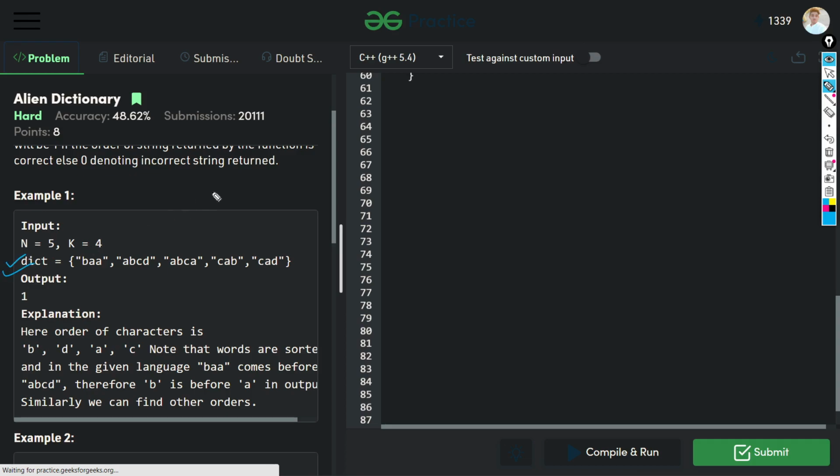Okay, let's assume that we have two strings, B A and A B C D. Okay, and if we compare both strings character by character, we start the index from here and here. And then we check that if the characters are not equal, then we say that B is always before A in the order.